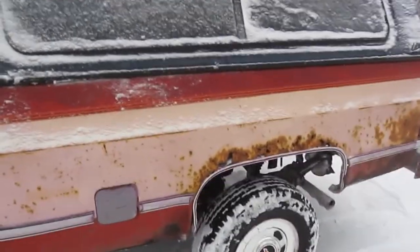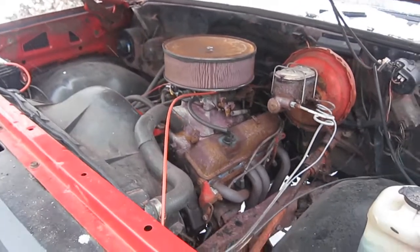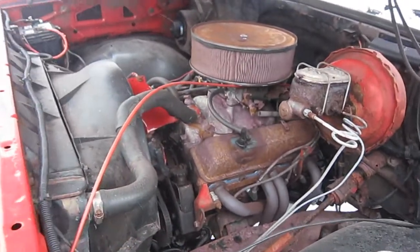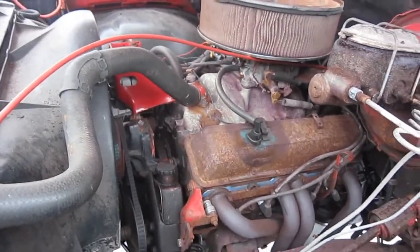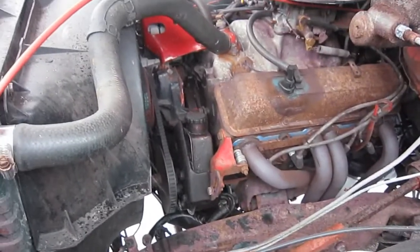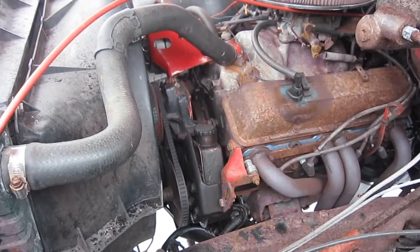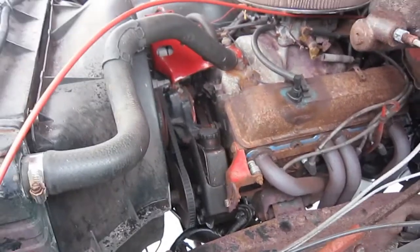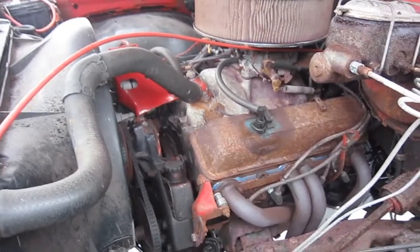So I'm gonna pop the hood here, and now under the hood we have probably an unusual combination for a 3/4 ton 4-wheel drive pickup truck. What I have is a 283 short block in there. The 283 gives me good gas mileage, and with the low gearing, I couldn't really think of a better engine in there, honestly. It doesn't really accelerate like a 350 when you're going down the road, I'll give you that,